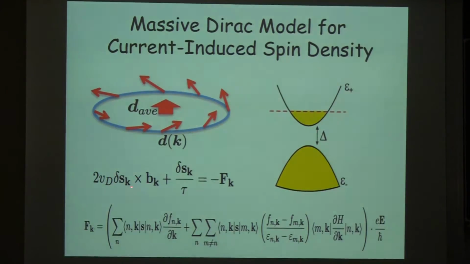And you can understand that, because what happens then, as I was saying before, is basically in the steady state at every k, the spin at a given k will no longer be parallel to the effective magnetic field that you have at that k. And